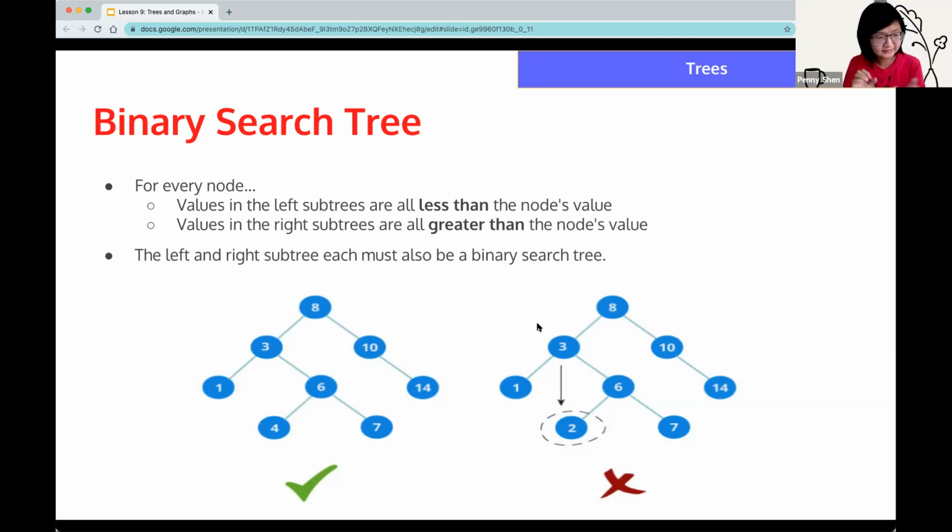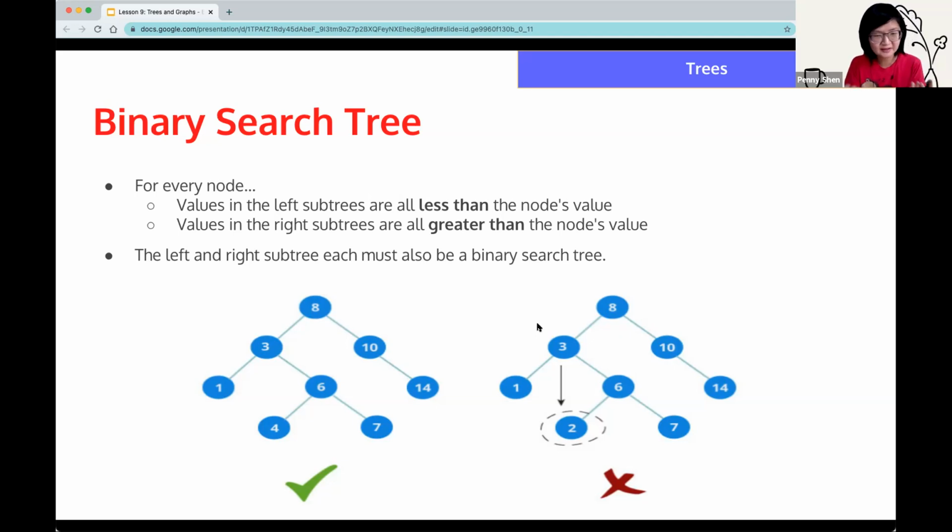So if you take any node, let's say you take 8, all the nodes on the left of 8, like 1, 3, 4, 6, 7, are all less than it, and all the ones on the right are greater than it. The same happens if you look at 3: 1 is less than, and 6, 4, 7 is greater than.